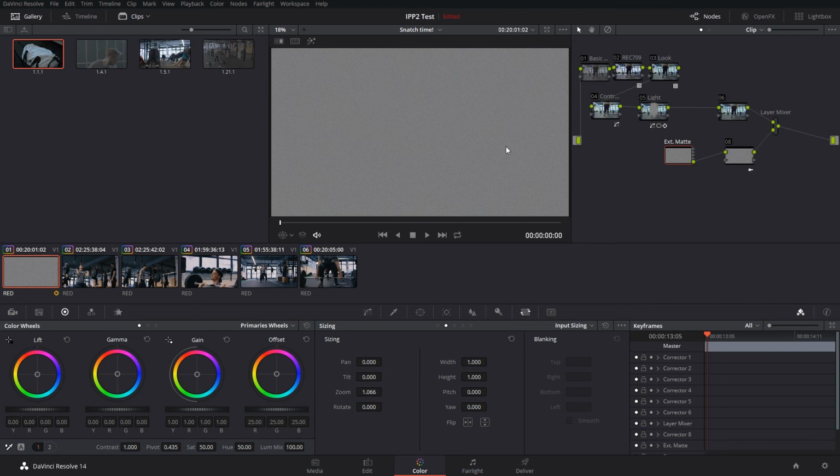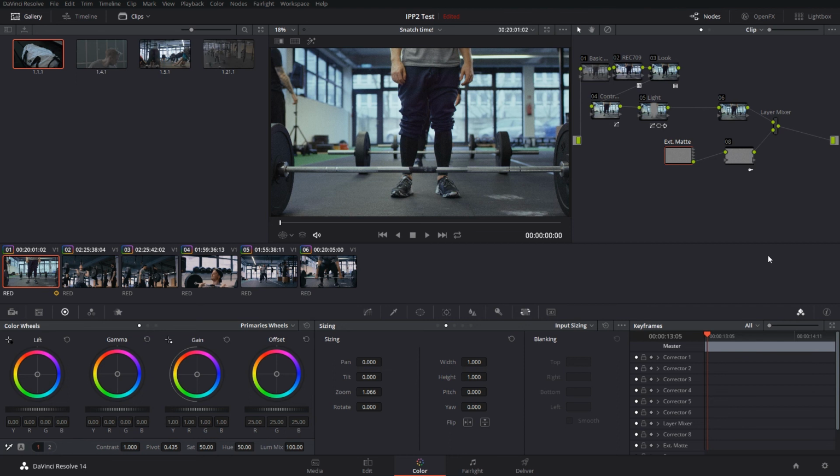So now I fill the frame. And now, just to mix it with my footage up here, because that's part of the layer mixer, go to composite mode and just select, where is it? Overlay, overlay. And ta-da,